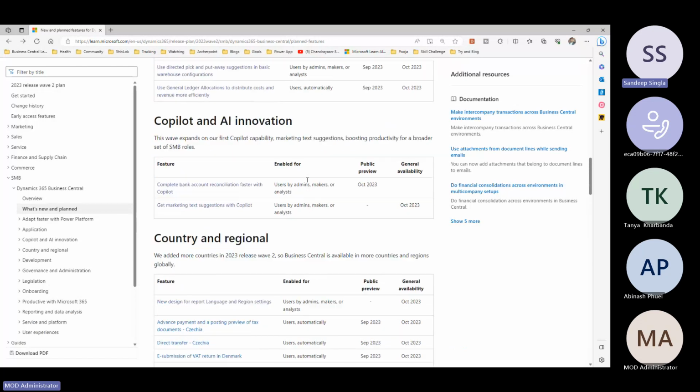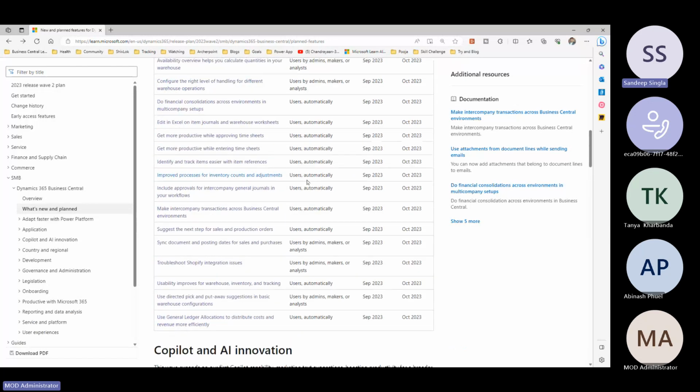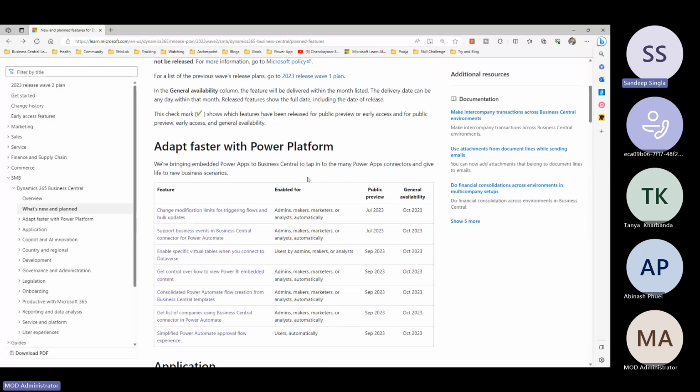I guess we have pretty much covered everything in the past. Anyone else? Anything? One feature which I'm missing,